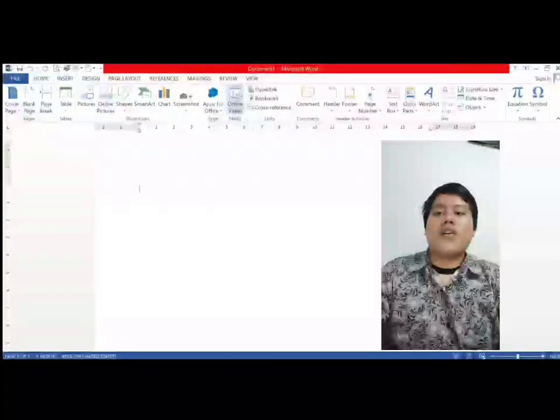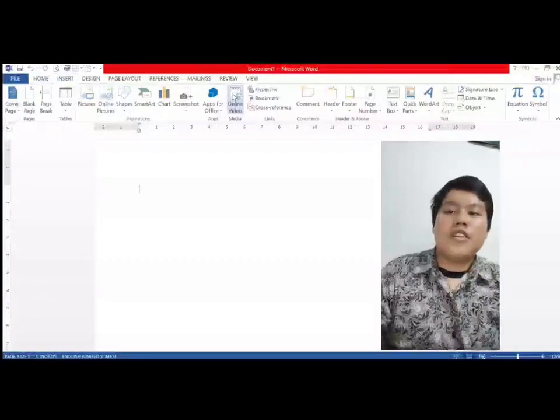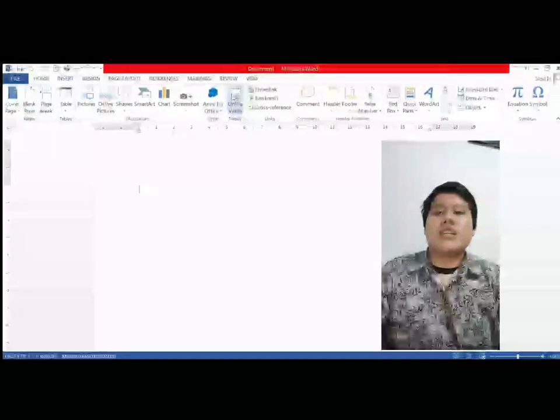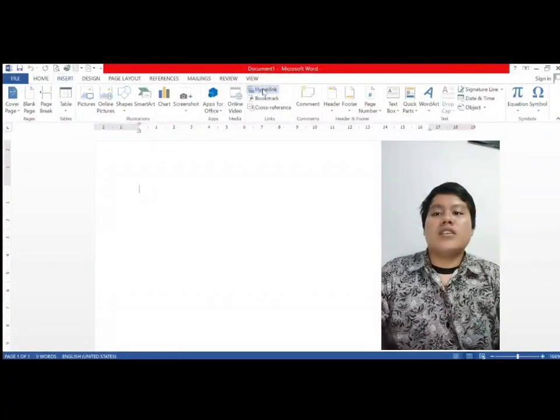next icon, Online Video, is the function to find and insert videos from a variety of online sources. Hyperlink icon is the function to create a link in your document for quick access to web pages and files.